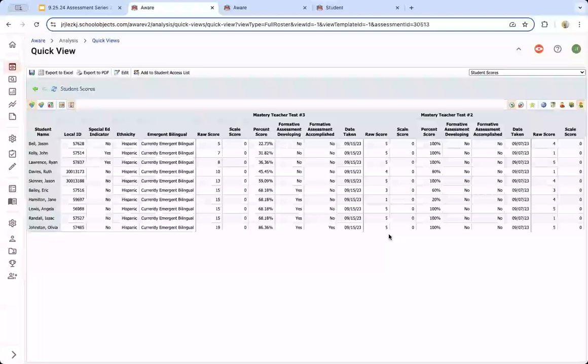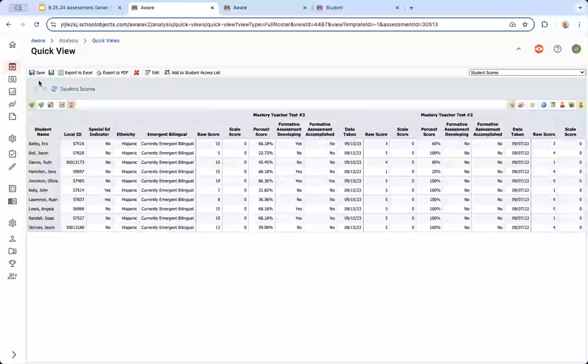Now, let's say I've done all this work. I've got a view that I really, really love, and I'd like to use it or come back to it again. You can then save that view up here towards the top left with this button that says Save as a New View. Now, I want to caution you, when you click that button, you hit Save as a New View, you'll get a pop-up window that says you've saved it. You can hit OK, and then a Save button will appear. These 2 buttons can be confusing from time to time for users. Save as a New will actually generate a brand new saved view, whereas the Save button will save any edits you make to the view as you're in it right now.